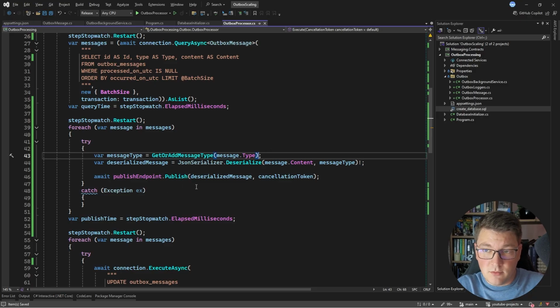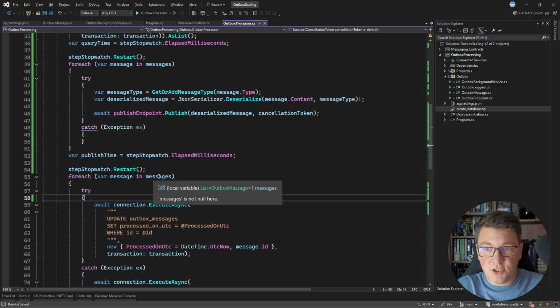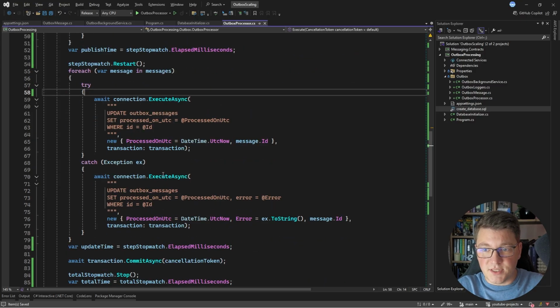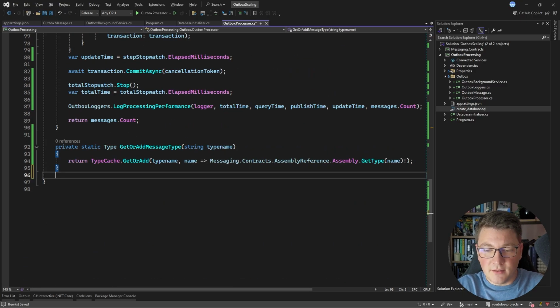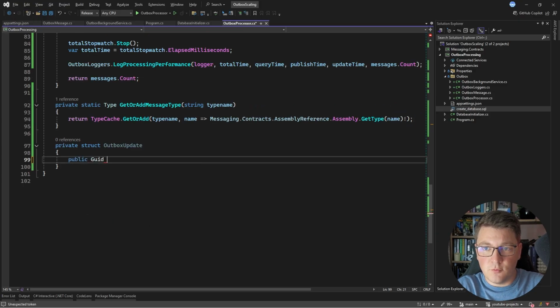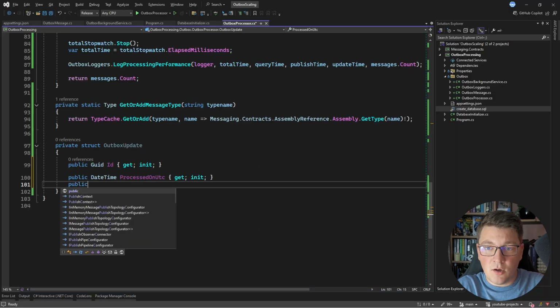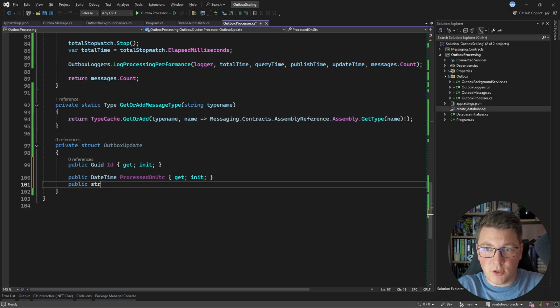Now, the next problem that we need to solve is how we are actually going to update the Outbox messages if the publish fails or succeeds. So let's go ahead and create a struct that I'm going to call the Outbox update, and I'm going to add just a few properties inside. So an identifier for my Outbox message, a date time property for when it was processed, and an optional nullable string property